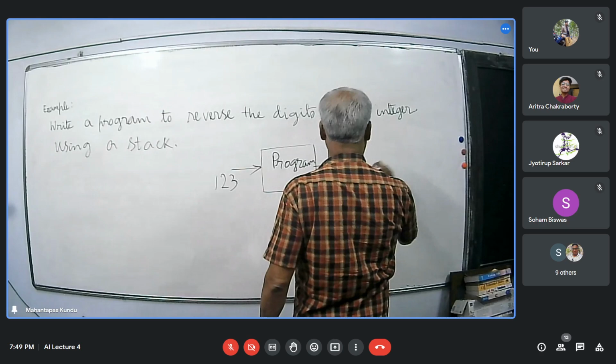How we can do this? We can first extract the least significant digit from it. That is, we can store 3 here. Then, on that stack, out of this number, again, we can extract the least significant digit, that is 2 here.